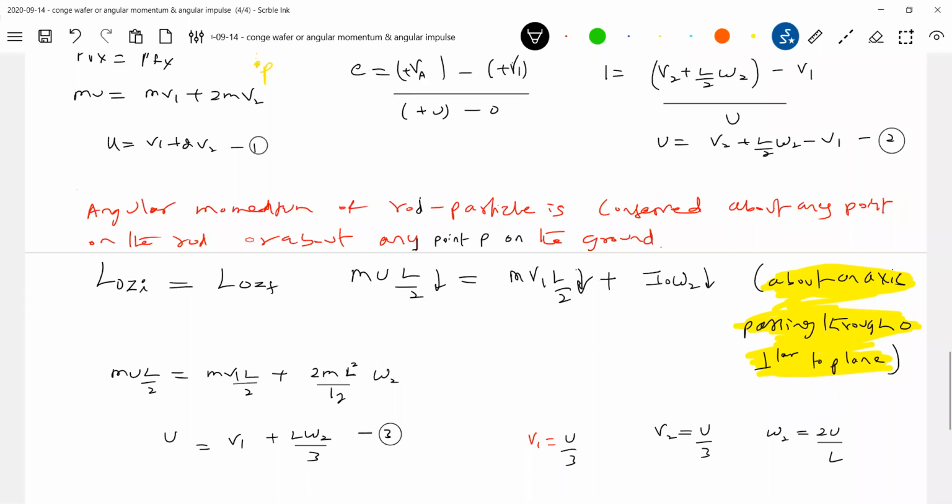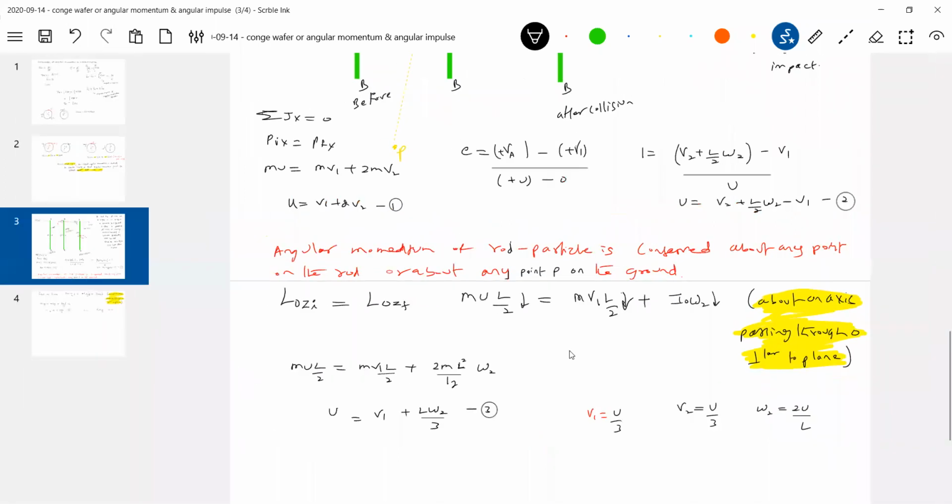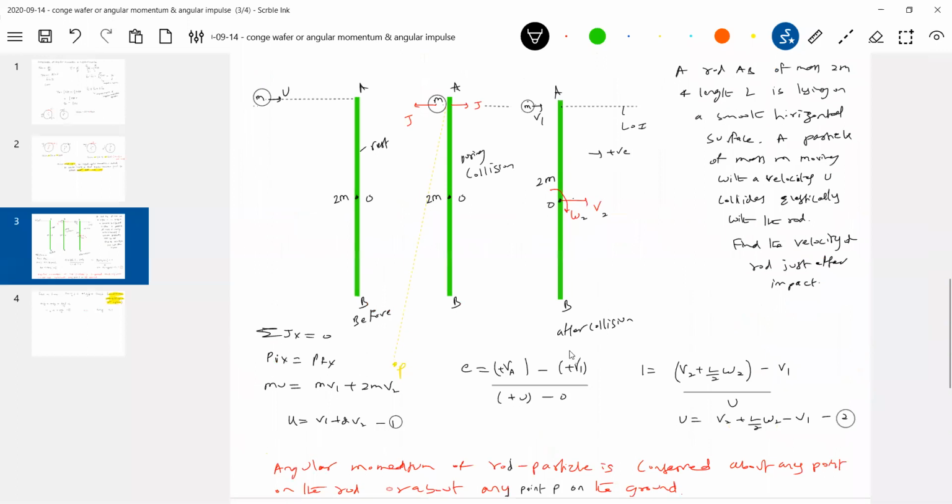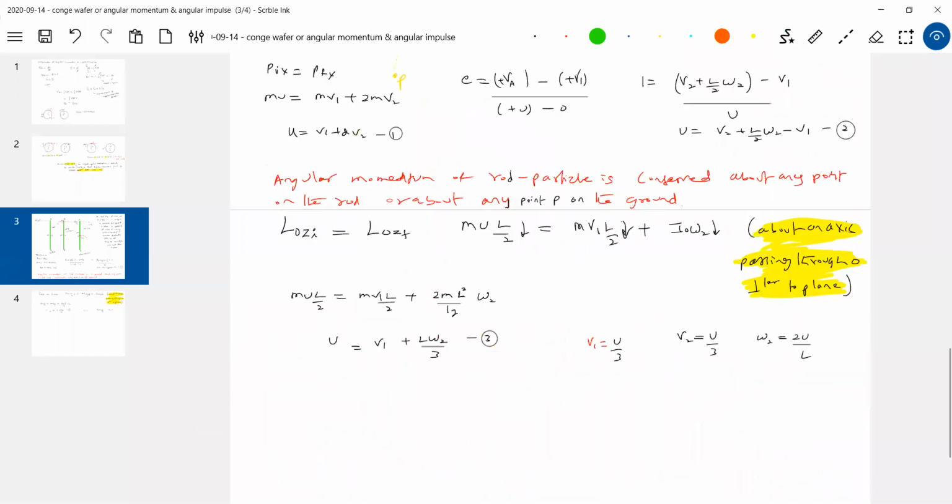So you do have some questions where, after impact, the particle will come to rest. If they say like that, I think the problem is very easy, no? After collision, the particle comes to rest, means V1 is 0. Then what are the unknown things? V2 and omega 2. So all that will get the required answer. All situations are possible here. Getting this much, no? Okay, now we'll take the next condition.